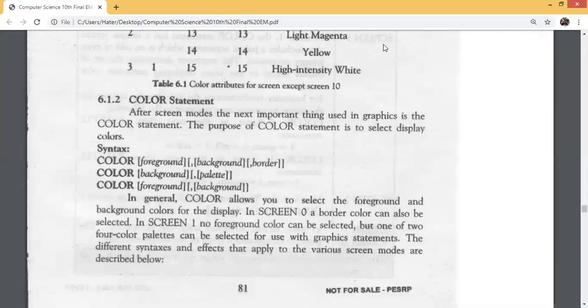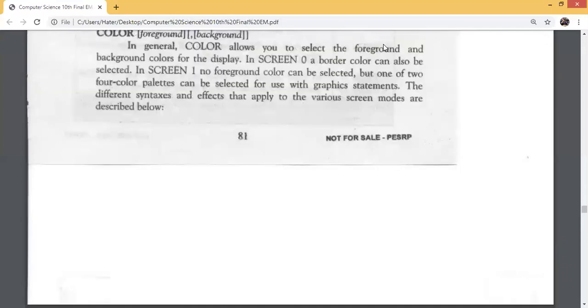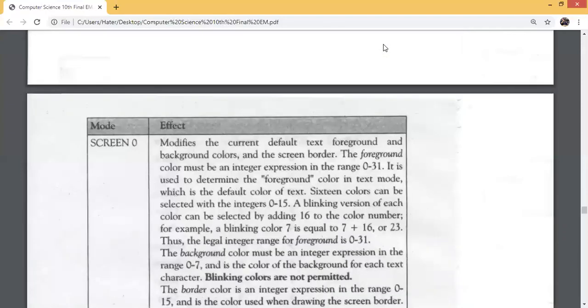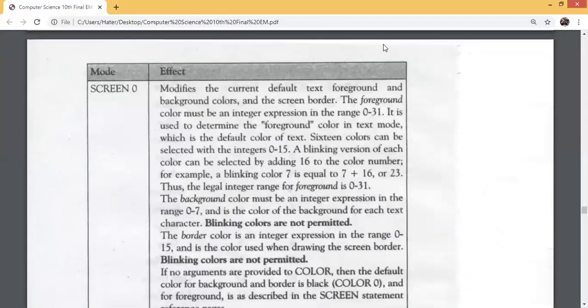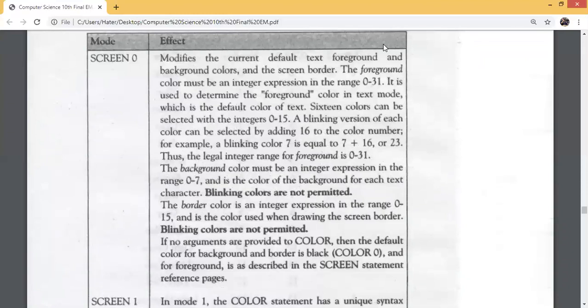The different syntaxes and effects that apply to the various screen modes are described below. Now let's see the effects and syntaxes of different color modes. The first one is screen 0. There are a few important points in these concepts and you have to learn them: what the colors would be, what the ranges of the colors are, and which color is allowed and which is not allowed.